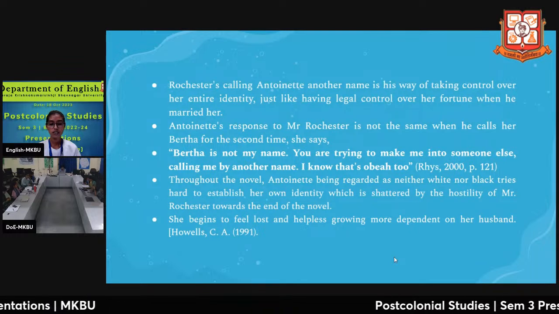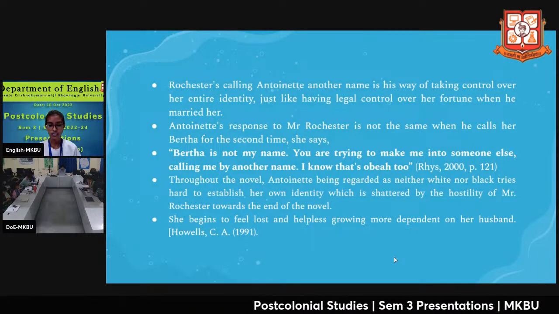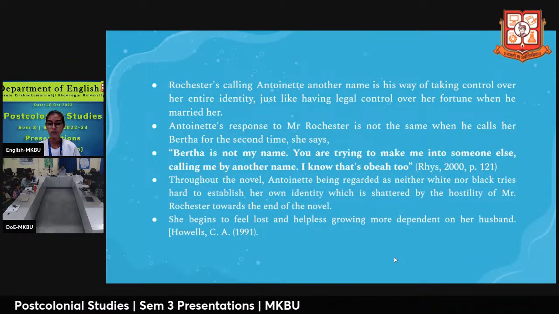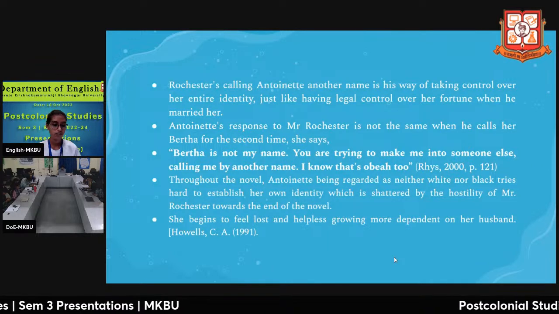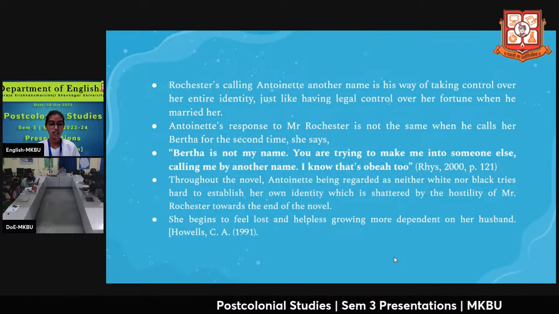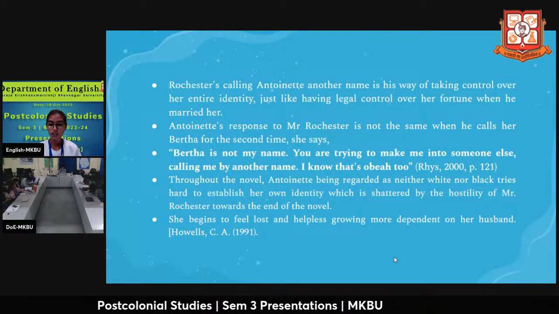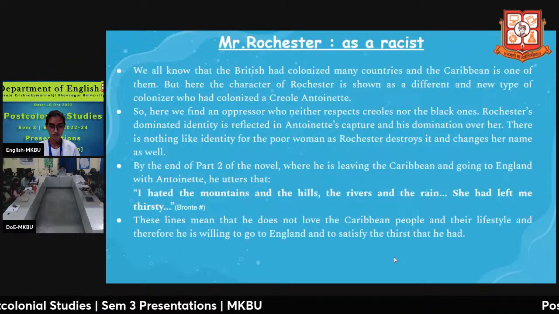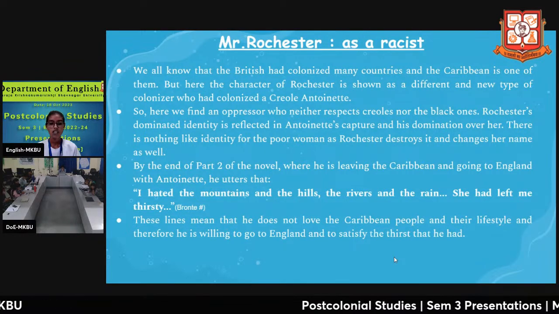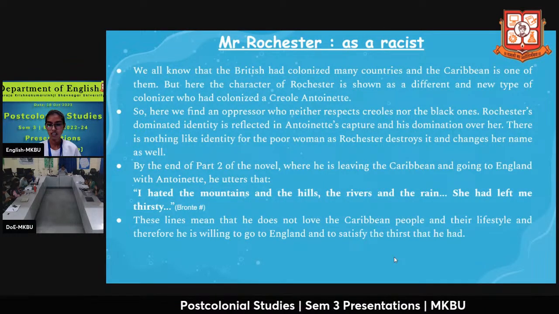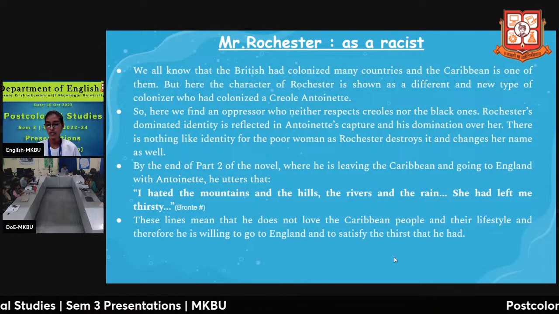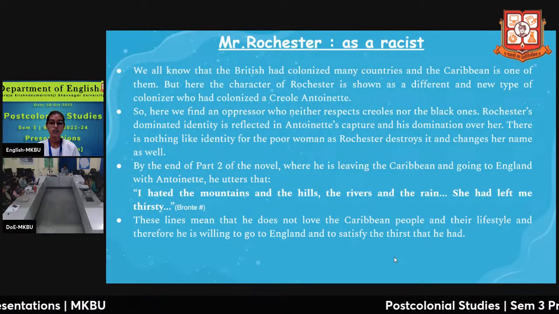Throughout the novel, Antoinette, being regarded as neither white nor black, tries hard to establish her own identity, which is shattered by the hostility of Mr. Rochester towards the end of the novel. She begins to feel lost and helpless, growing more dependent on her husband. Mr. Rochester is a racist. We all know that the British colonized many countries, and the Caribbean is one of them. But here, the character of Rochester is shown as a different and new type of colonizer who had colonized